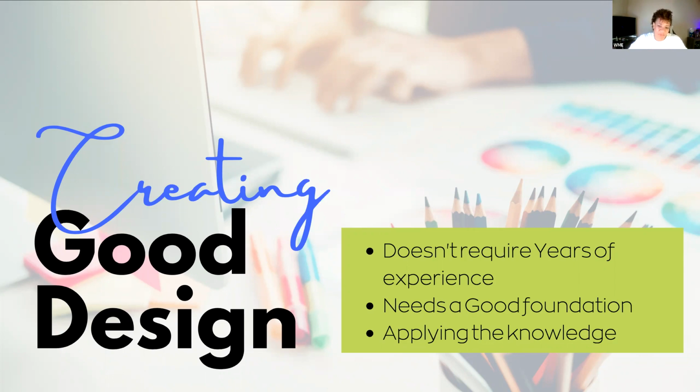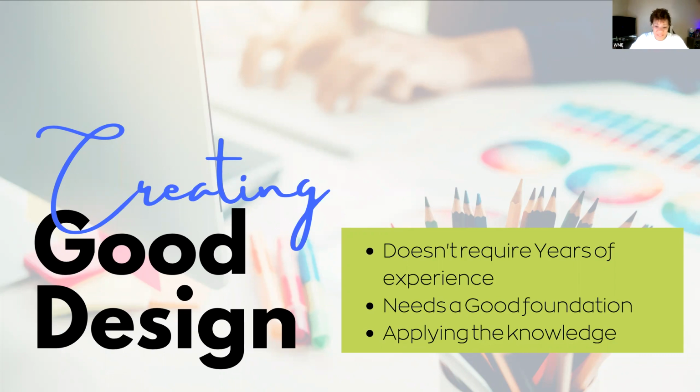But the principles and elements of design can be implemented into everything, even a Word document. It's just knowing what to do, how to do it, and when to do it. I'm here to show you how to create good design, no matter what you're creating, no matter what tool you're using, whether it's Word, Canva, or an Adobe product. That's what we're going to talk about.